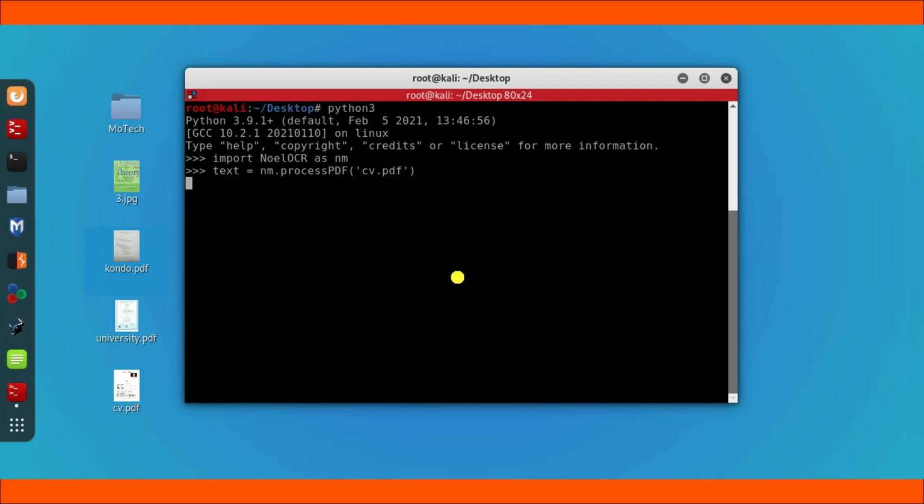So once we print text, we should be able to see the text extracted from the full text PDF, which is cv.pdf. Okay, so once I go print text,